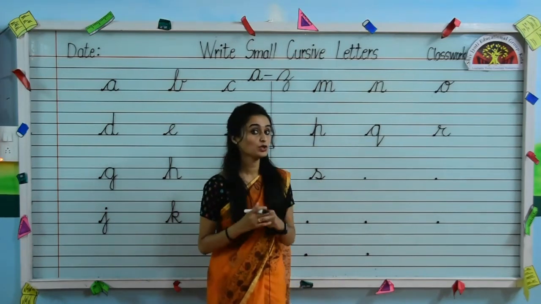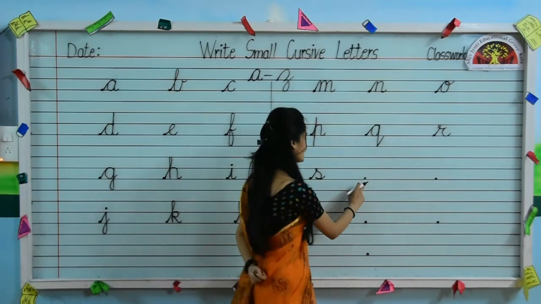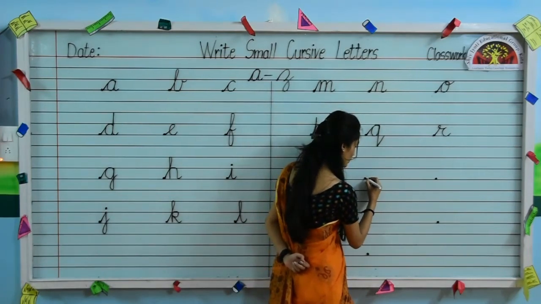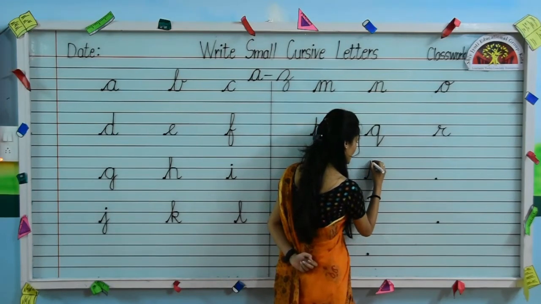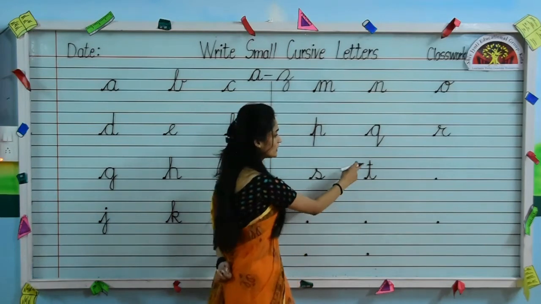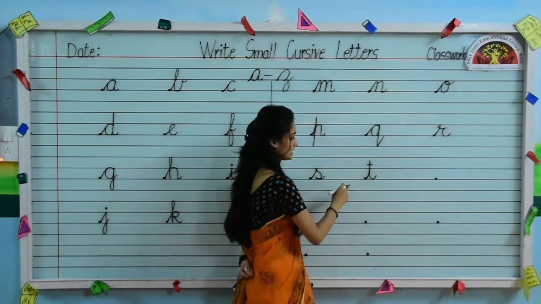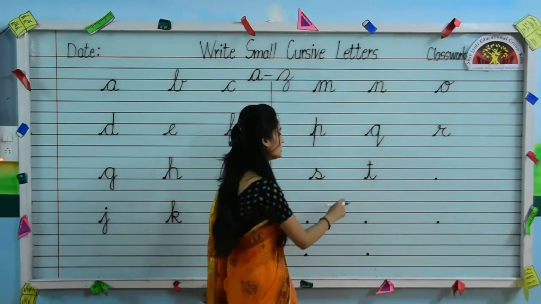Now recall, I told you, which is the next letter, kids. The next one is T. So put your pencil on the dot and make a slanting line up, not touching the first line, come down, then touch the third line, and out like this. Put a sleeping line in the middle of the first and the second line. This way you have to write your letter T.